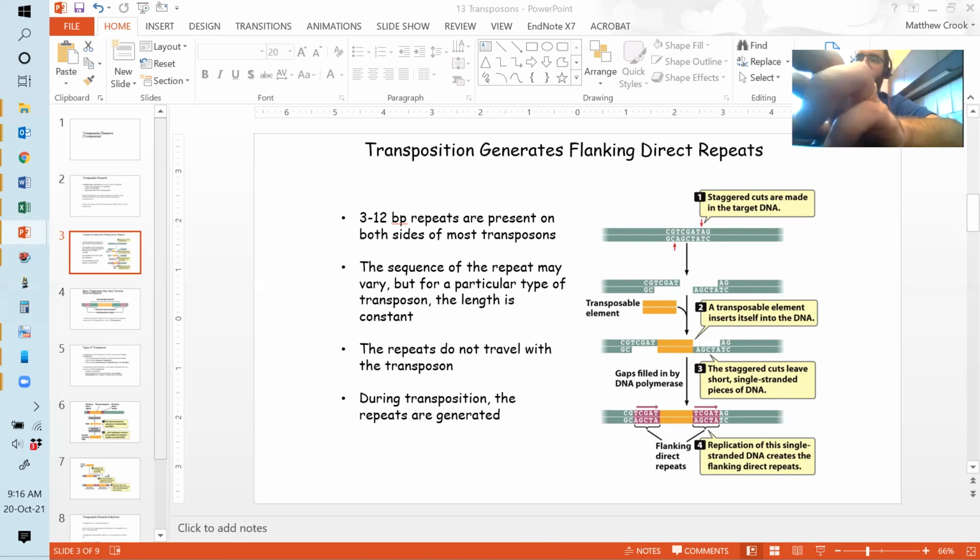So all transposases, which is the enzyme that I guess mediates transposition or movement of the transposon, make a staggered double-stranded break. And so what I mean by a staggered break is that if you have your double helix like so,